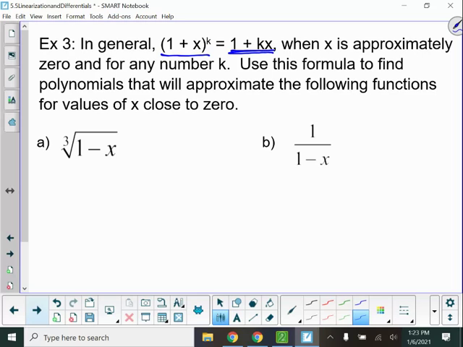So for part A, I have to rewrite this as a set of parentheses to a power. So this is 1 minus x to the 1/3 power, which means that my linearization, and this should be